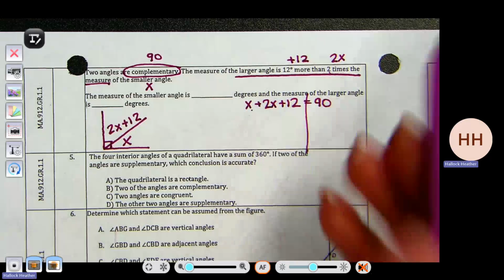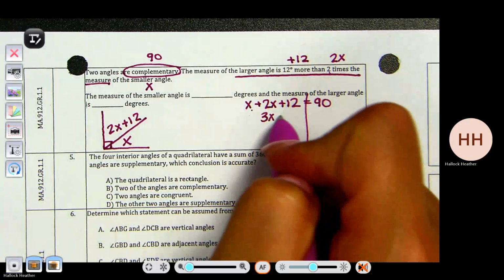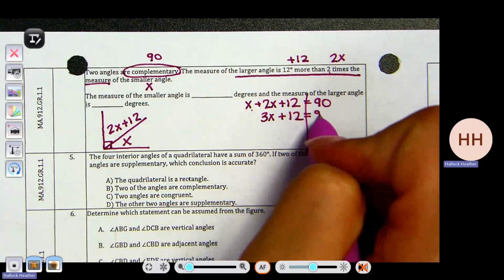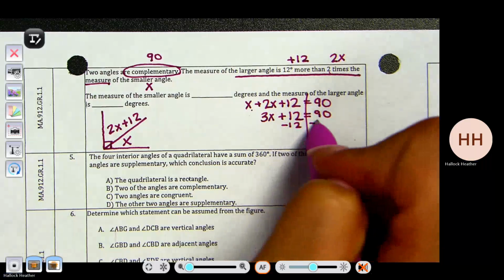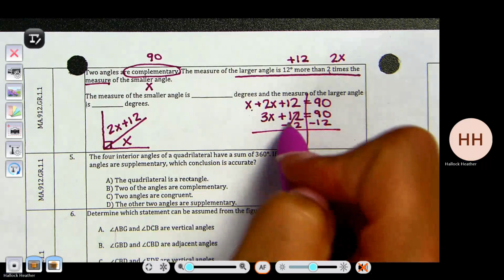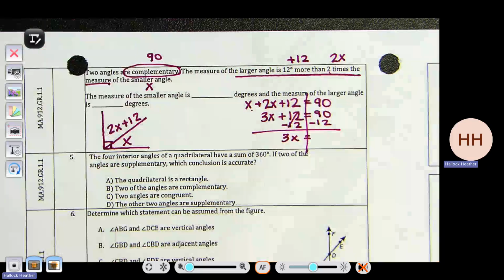If I combine like terms, 1x and 2x make 3x. I'm going to minus 12 to both sides. 3x equals,